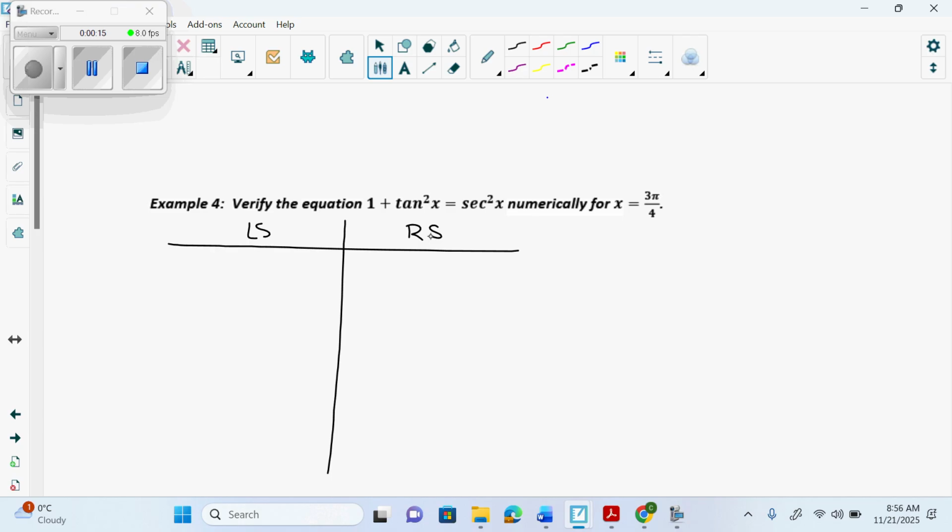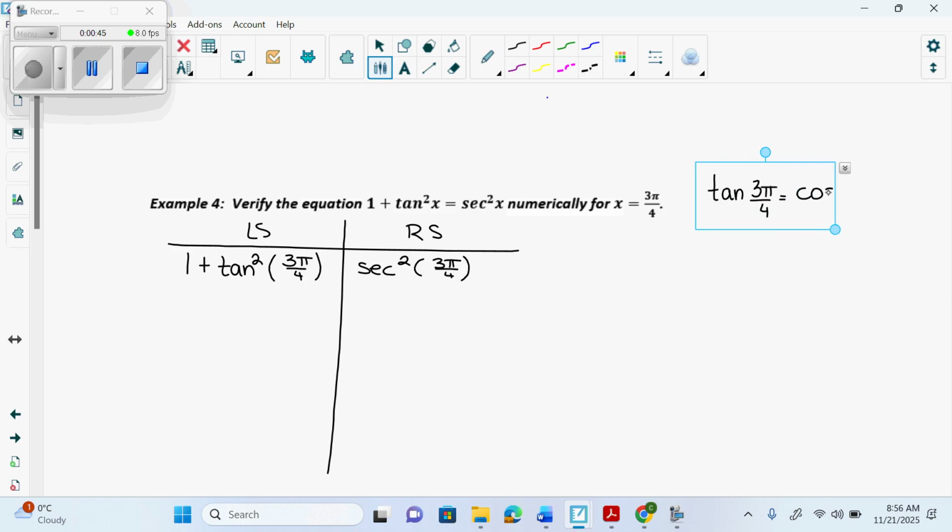All right. So we get 1 plus tan squared 3 pi over 4, and then secant squared 3 pi over 4. Oh my gosh, it did go away yesterday when I reset it. And now it's back. So off to the side, I'm going to try and find tan of 3 pi over 4 and secant of 3 pi over 4. Yes? We agree? Okay. So tan of 3 pi over 4